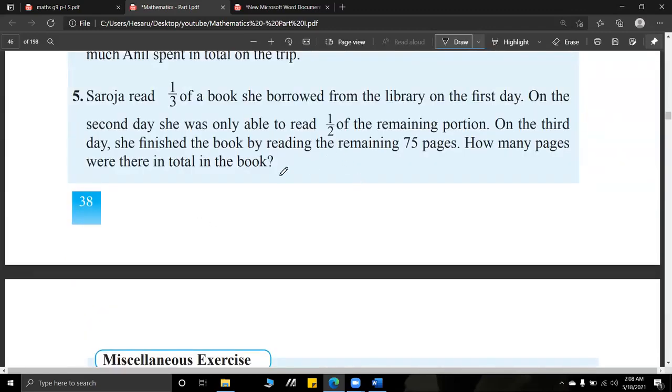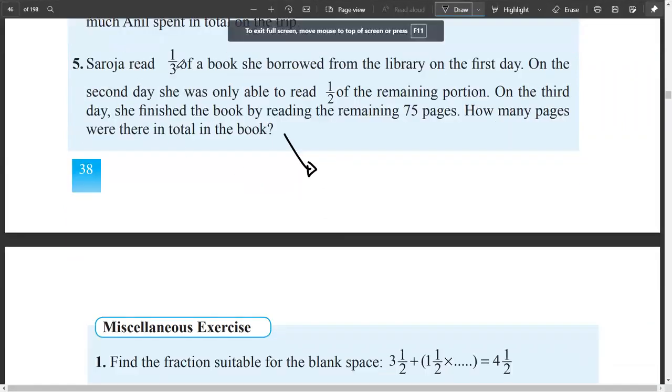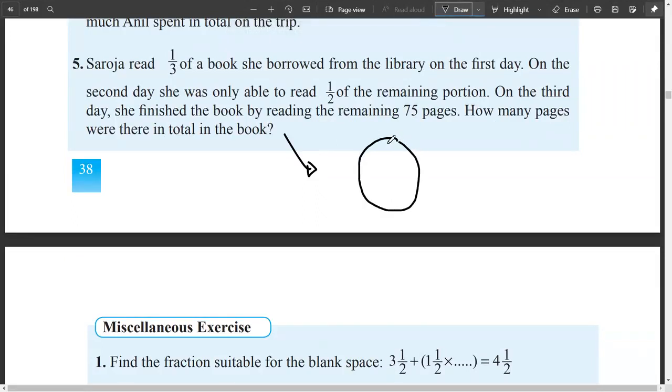So I'll quickly do this last example for you. Saroja read 1 over 3 of a book she borrowed from the library on the first day. So if the book is like this, let's divide this into 3 equal parts. Okay, let's assume these 3 parts are equal. So in the first day she read 1 over 3. So this is the